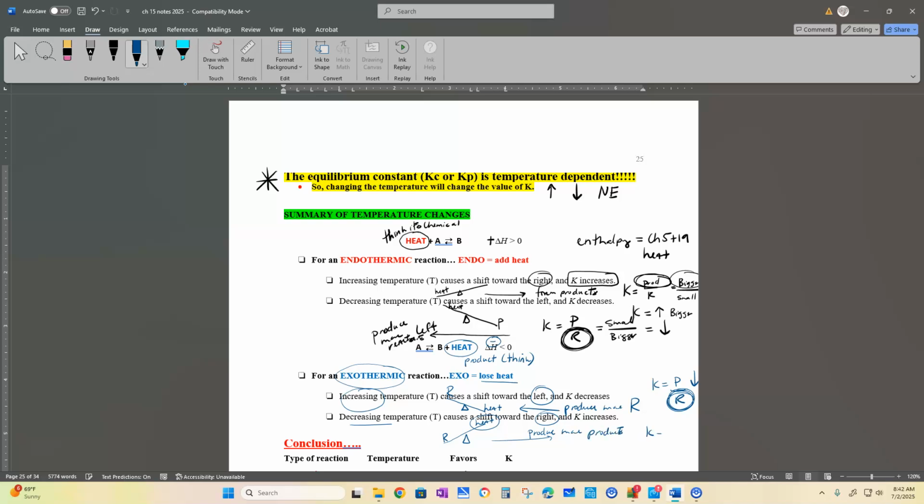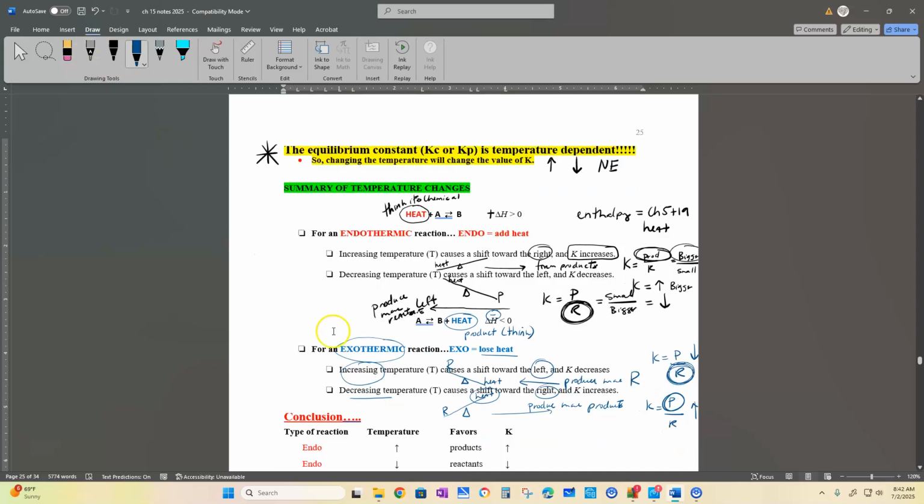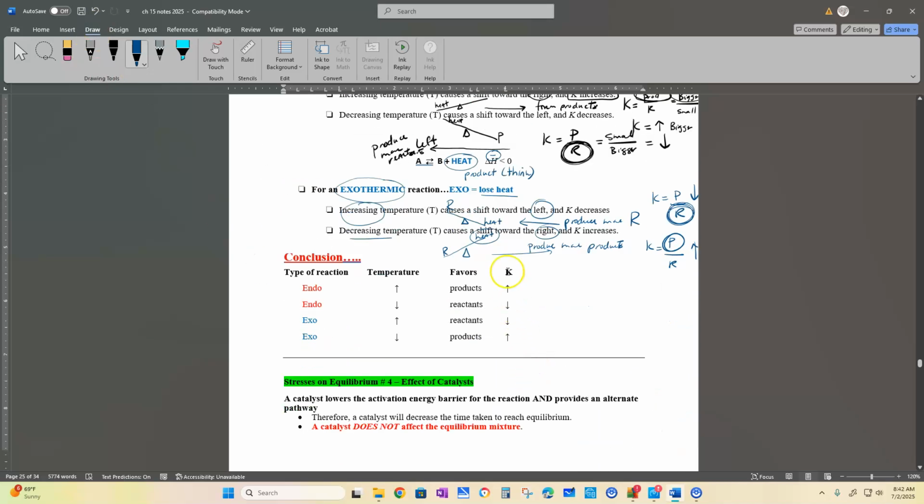And my K, because my products are getting bigger and bigger as my reactants are getting smaller, and big number divided by small, what's going to happen to my K? My K is going to increase. Okay? Students actually do very well with the temperature part. It's pressure and volume that are always the trickiest. Okay? So we have 2 practice problems, but here's kind of like a little summary, little Cliff Notes version,